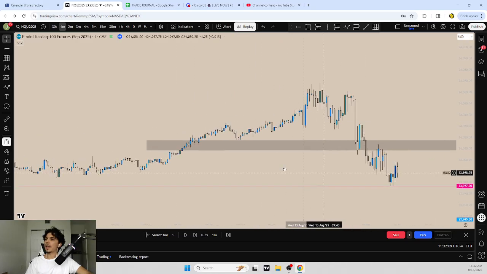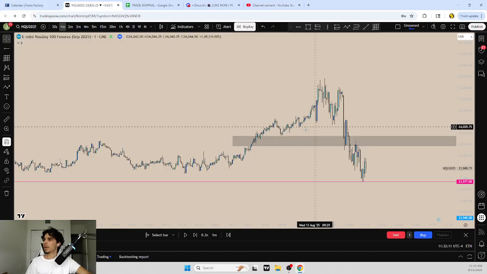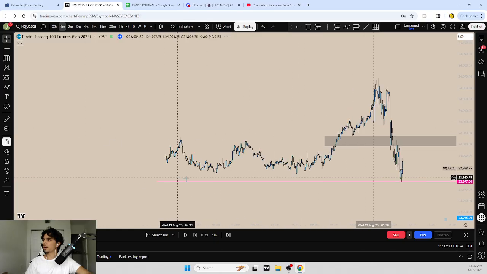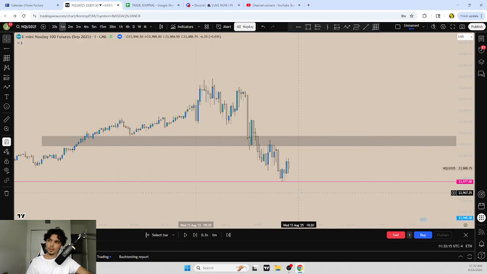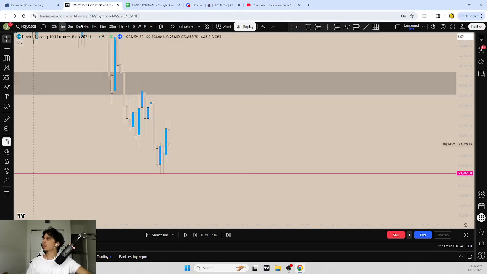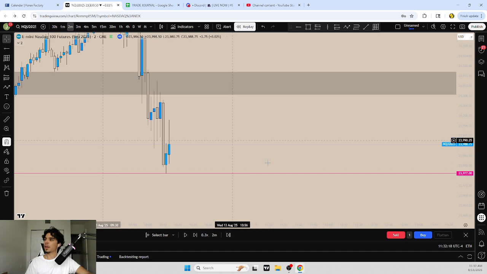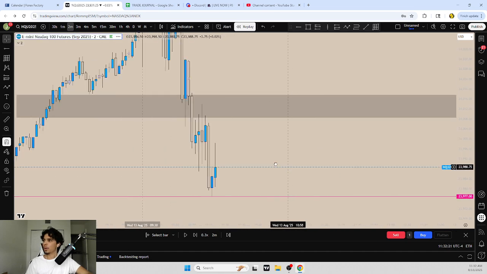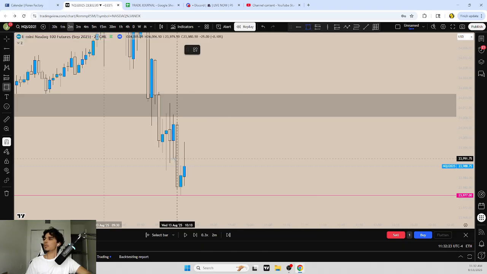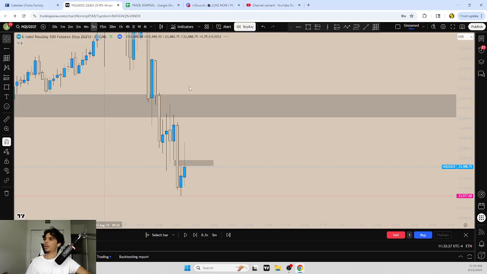And we had a nice model, right? Because we came down, we took out all this LRL right here. Now, if we would have tapped into this and then inverted this, I believe it was a 2-minute, right? This pink line is an hourly fair value gap, by the way. If we would have tapped into this and inverted this 2-minute fair value gap, then we could have gone and